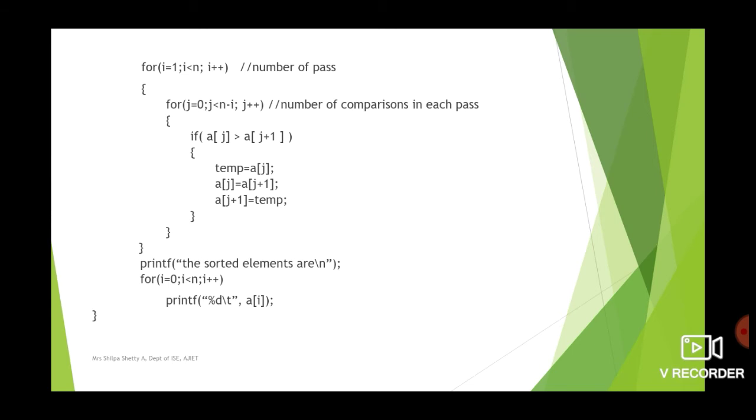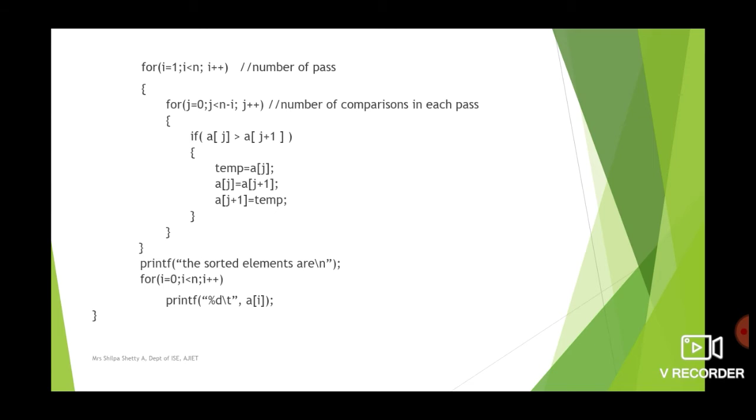Same way here, if you have to exchange 2 elements stored in variables or stored in an array, then you need a third variable. The third variable itself is temp here. That's why we have declared a new variable called temp at the beginning of the program. So what happens here? Temp is equal to a of j. That means the first element, let's take, we are comparing 2 elements 5 and 10, or let us keep it as 10 and 5. First element is 10, second element is 5. So first 10 I will store in temp. So now temp is 10.